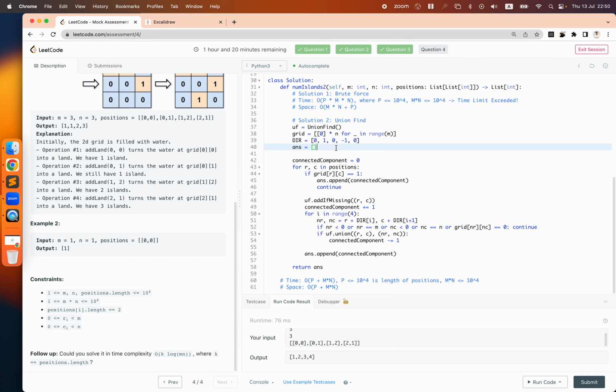Answer: if it's already equivalent before, then no change. Okay, for direction, new row. Is it okay? If I can union,